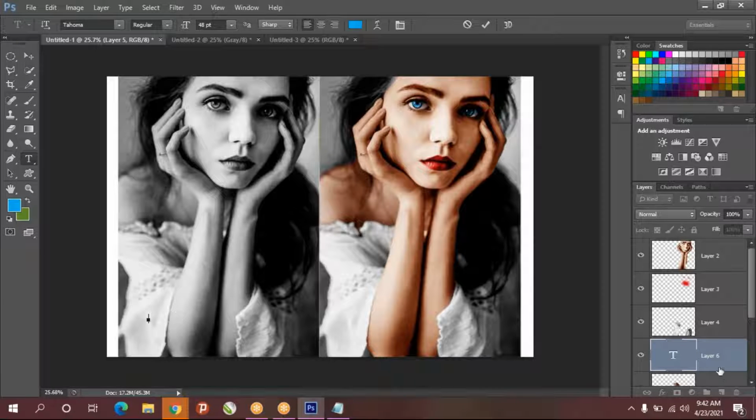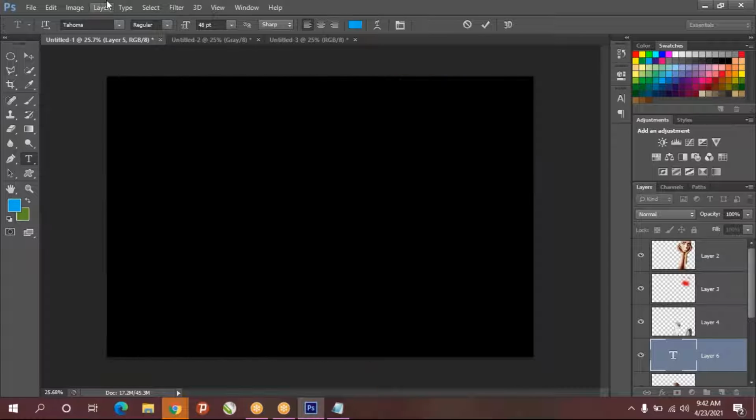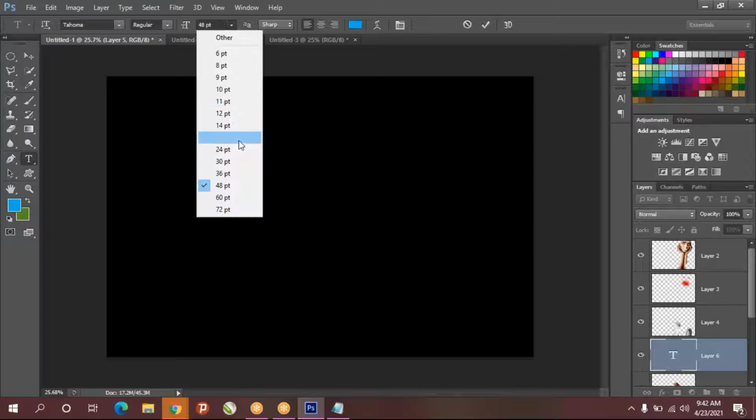Just one click, and automatically it will create a text layer. It won't type in the particular layer, it will create a new text layer. Then we can type the text, before. You can select the text and increase the font size.